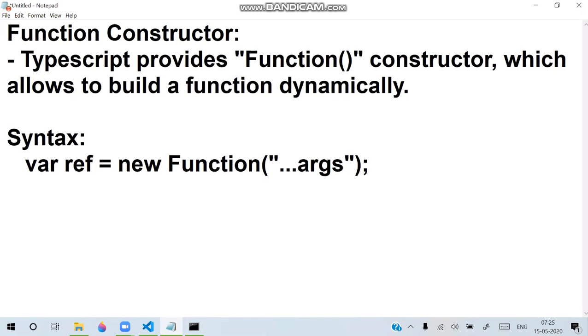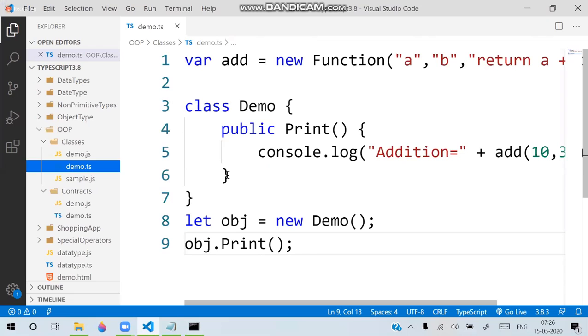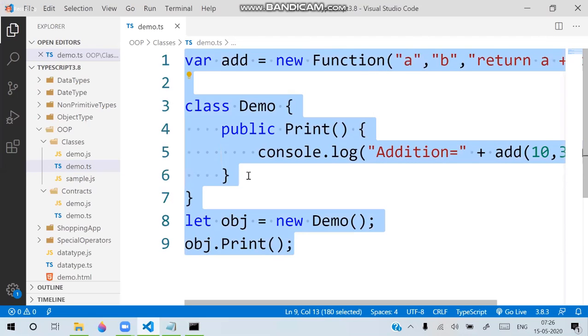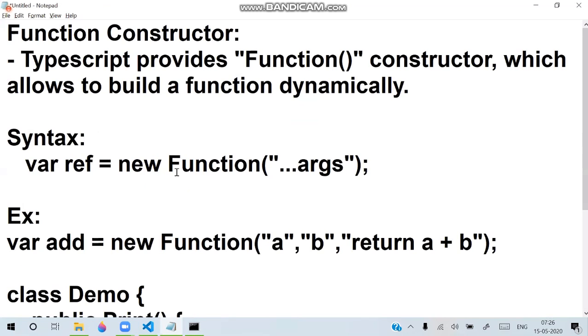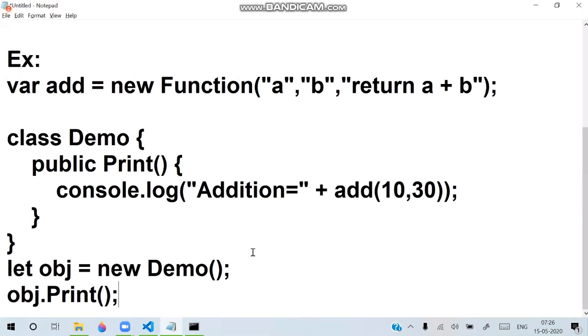I have given it like a rest parameter. That means it indicates that multiple values can be passed into it. So this is a simple example of function construction, how we are constructing a function and how we are using the function. So while working with functions, one more important option is the function construction. Next, another important point about